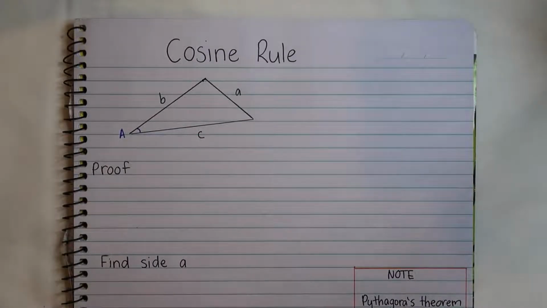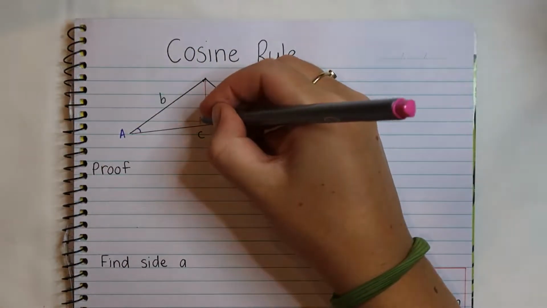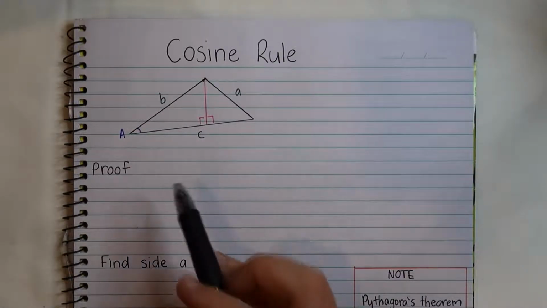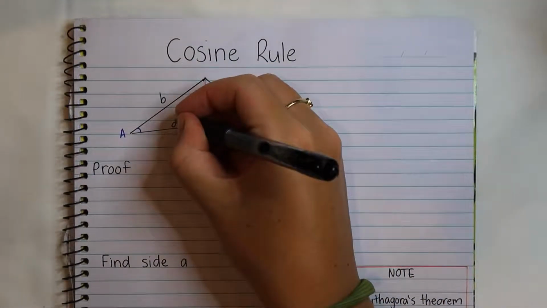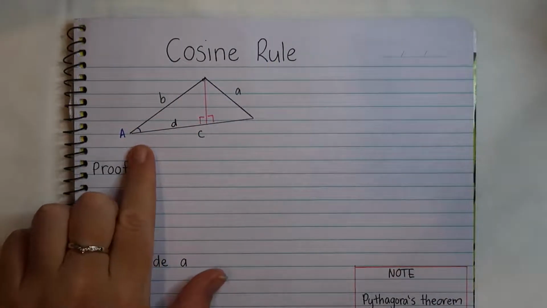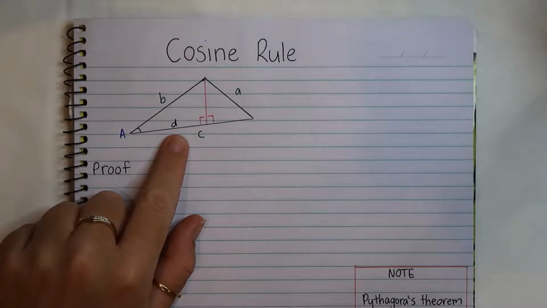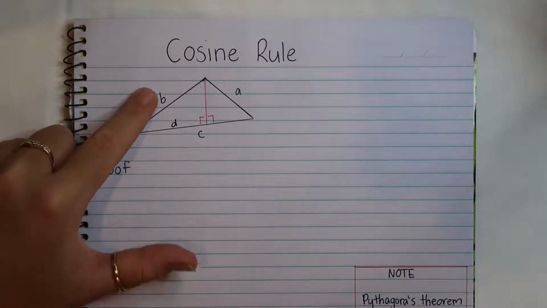So let's first draw a line creating two right-angled triangles, just like we did when we found our sine rule. Now we can start to use trigonometric functions and Pythagoras' theorem. So we're going to look at this right angle triangle first. Let's label this side D. If we look at what we have from this angle A, we have an adjacent D and a hypotenuse B. So we're going to have to use our cosine ratio,